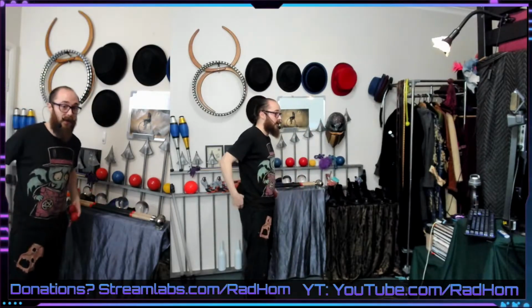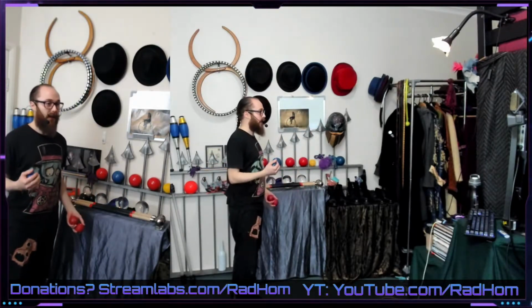So when you're doing the 3-ball juggling, as you can see, I've been doing this for years and I still stuff up plenty. So when you're doing the 3-ball juggling, you can get it to a stage where it's just your peripheral vision keeping track of what the balls are doing, and you'll be surprised at how much calculation and figuring out your brain will do. Now, another thing that people will often do when they start learning how to juggle is traveling,